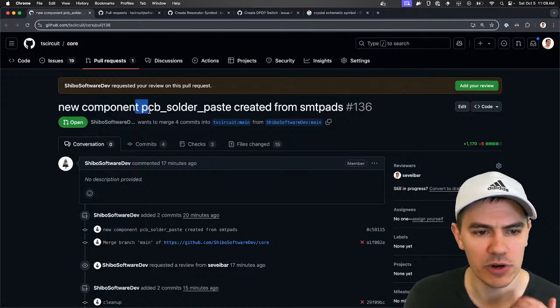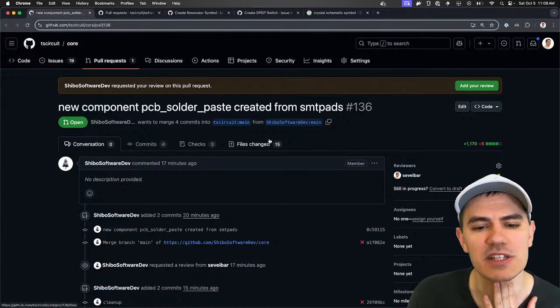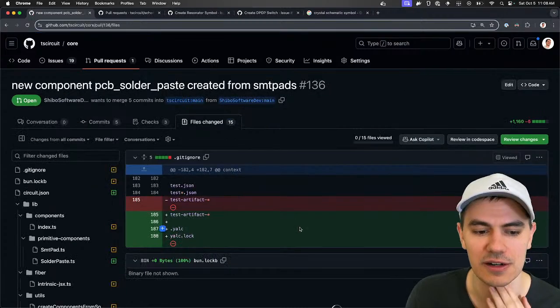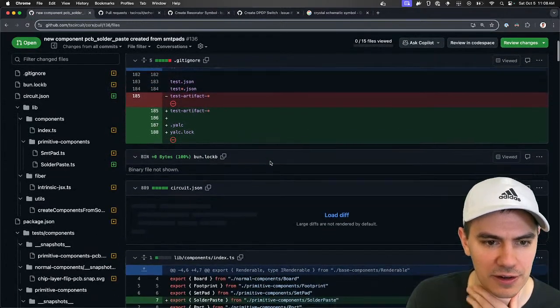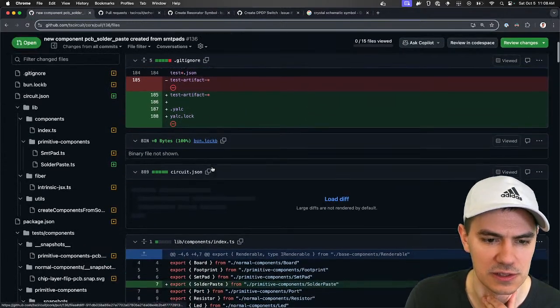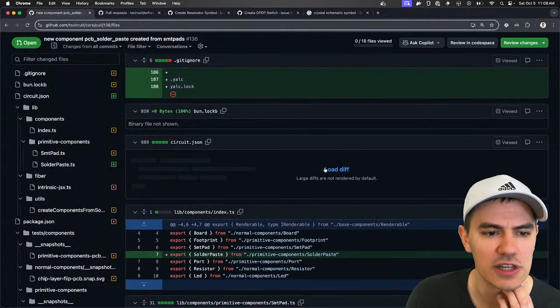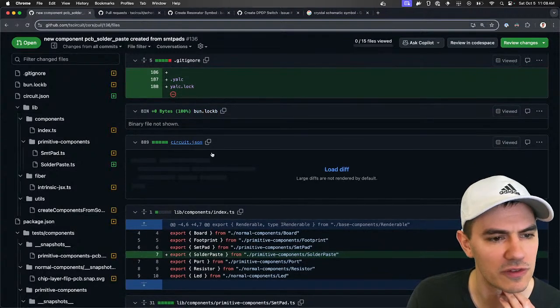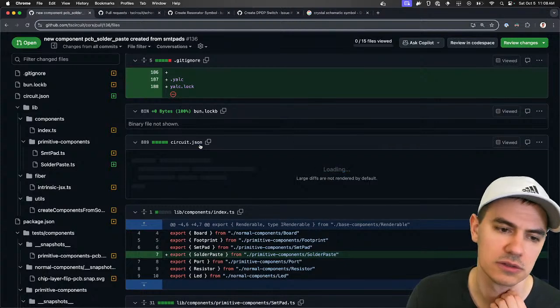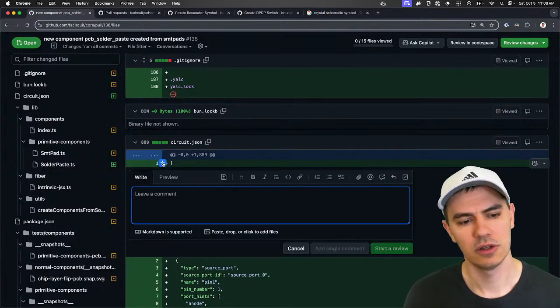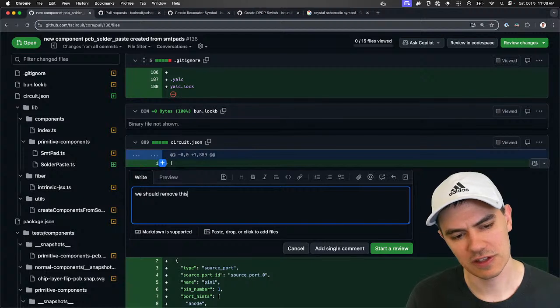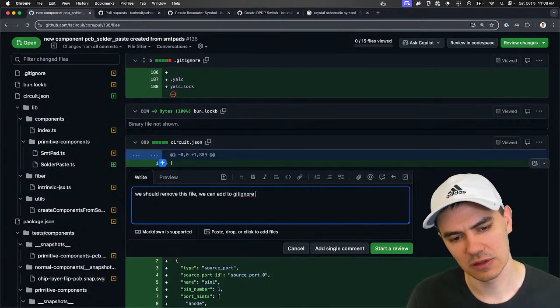And then new component PCB solder paste created from SMT pads. Okay, this is a good PR. This is the core PR. Nice. This is good. Okay, circuit JSON. We're going to want to remove this file. We should remove this file. We can add to git ignore as well.